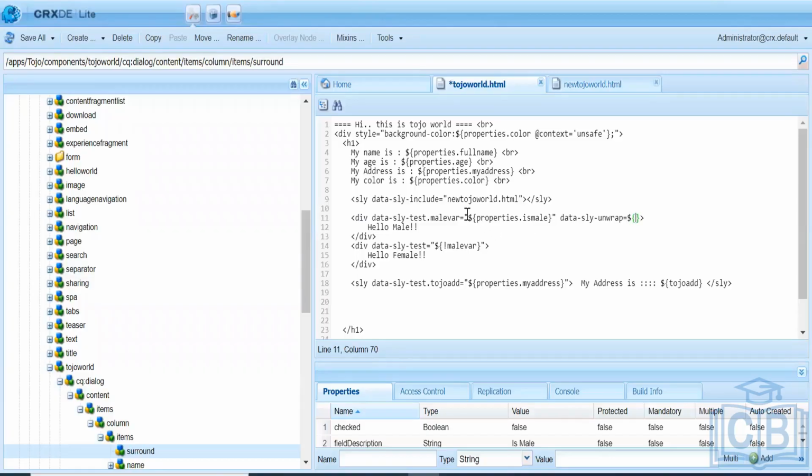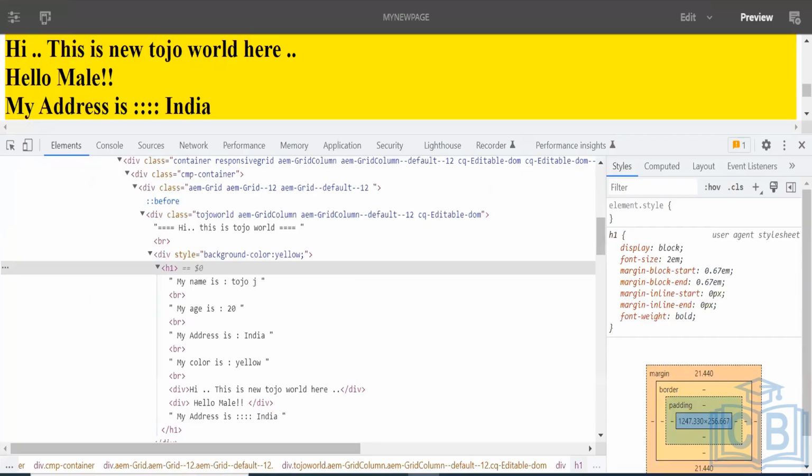We will say if the property is male, then we will remove the surrounding tag. If it is female, then let's not remove the surrounding tag. Here, in this case, we will do it like this: if it's male, then ng-container removes the surrounding tag, otherwise don't. If I refresh it,